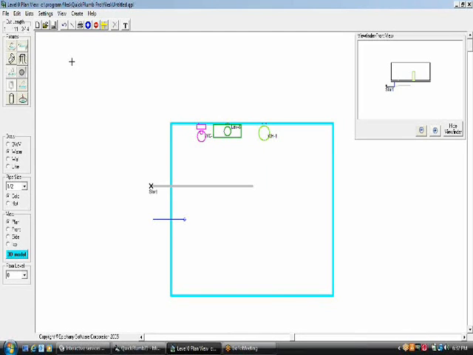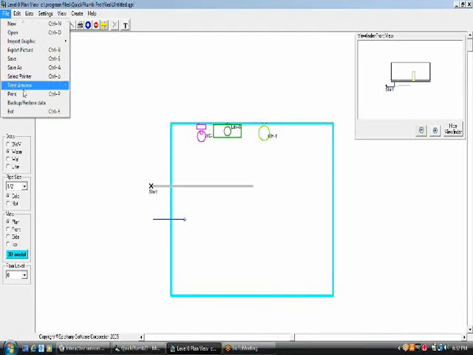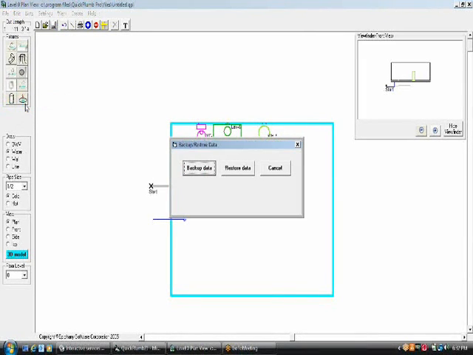There is one other feature that was added, and that is the backup restore data feature. You can make a backup of your data files, which would include all your lists and settings. And to do that, just select File, Backup Restore, and then we'll back up our current data file,